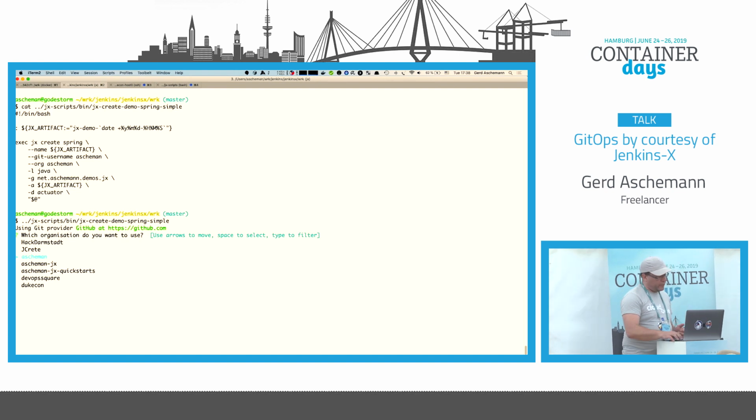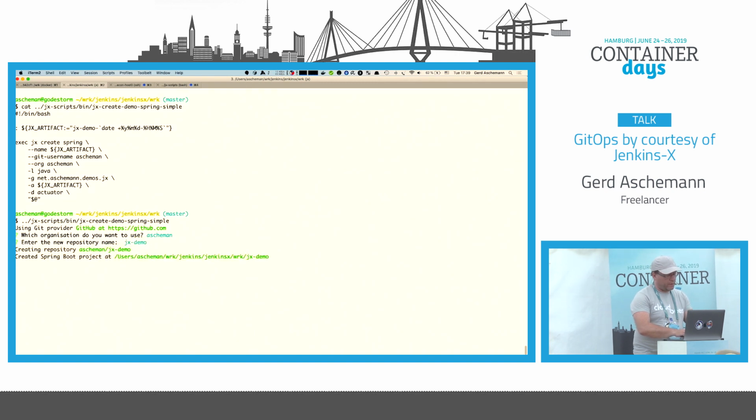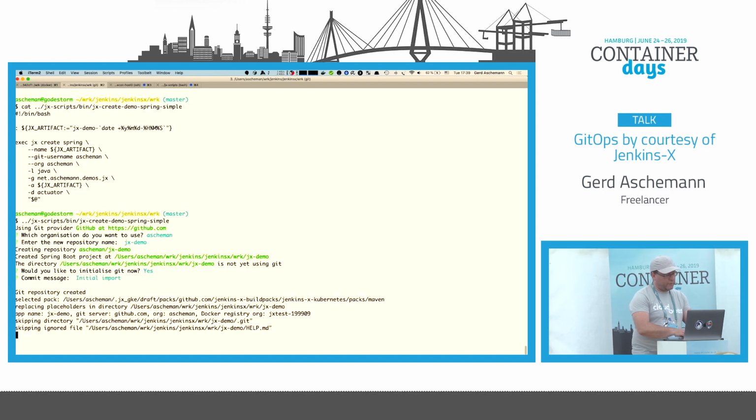For instance, it again asks which organization I would like to use. Okay, and then I have to enter a name for the repository. Yes, I want to initialize Git, and I do some initial commit, and then I get a new repository in GitHub, and we will also,